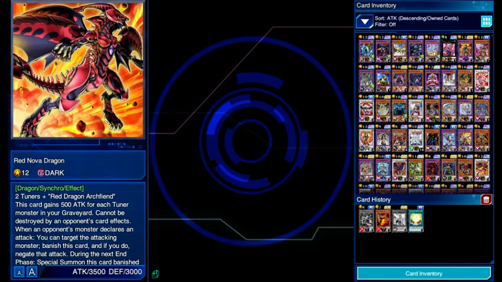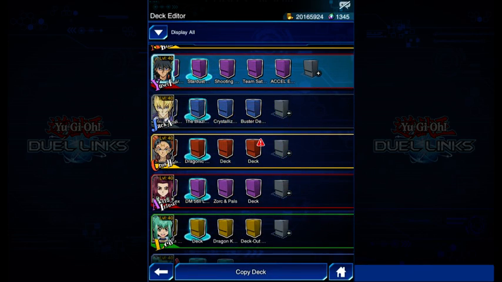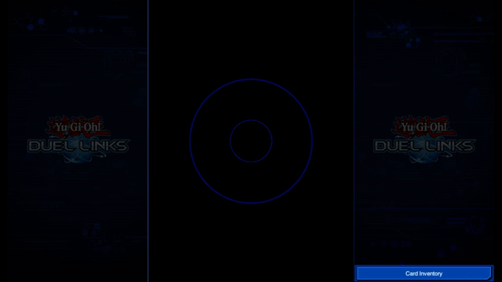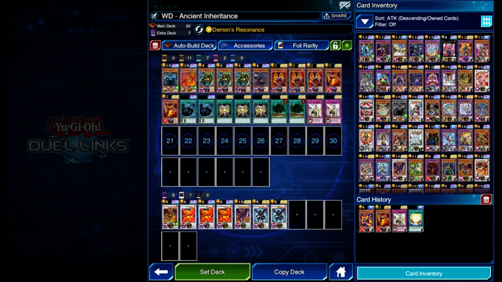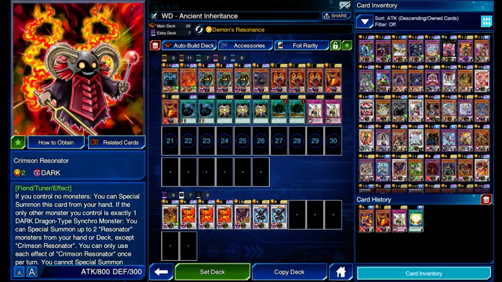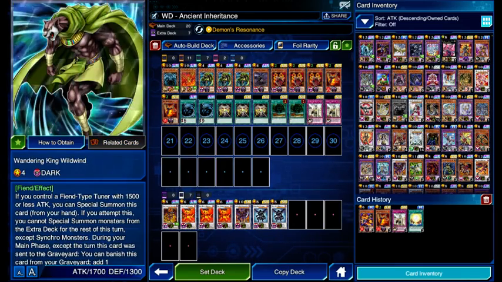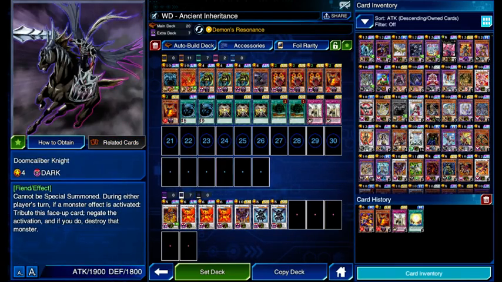Now, technically, the RDA deck, I have 2 versions. I have this one, and then I have this, which I directly ripped from Duel Links Best Decks. It's literally the same deck, but with the Egyptian gods. Obelisk the Tormentor, Winged Dragon Ra, and then Doom Caliber Knight as the differences. With this deck, right,